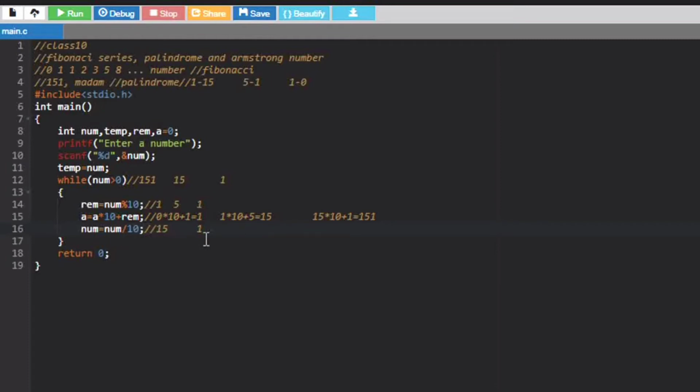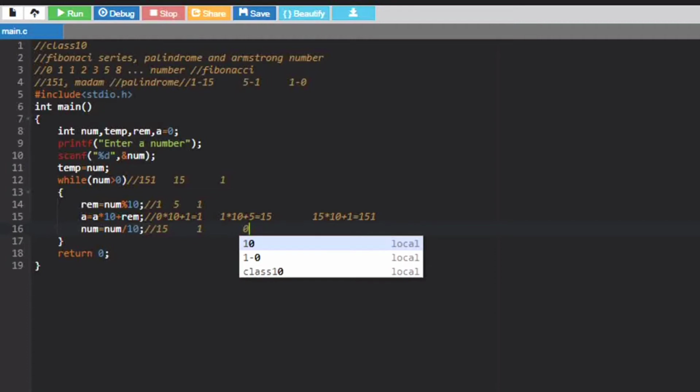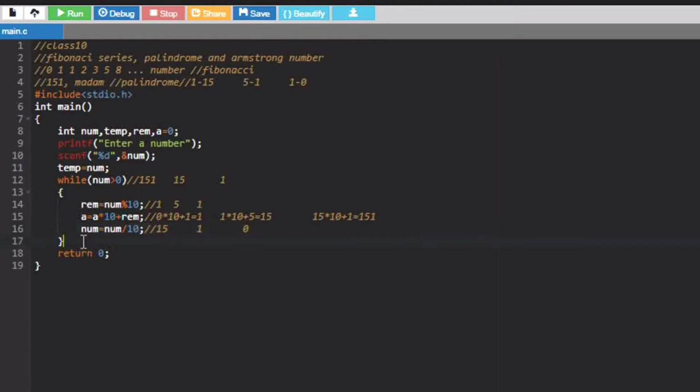So our quotient is going to be 0, and when this loop runs again, 0 greater than 0 is false, and hence it should come out. Now can you see our entered number 151 is similar to the value that a is holding.